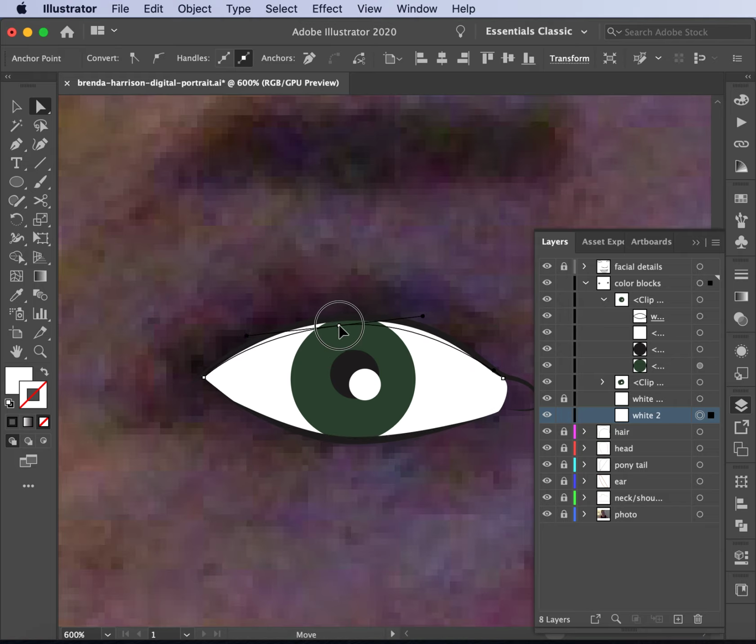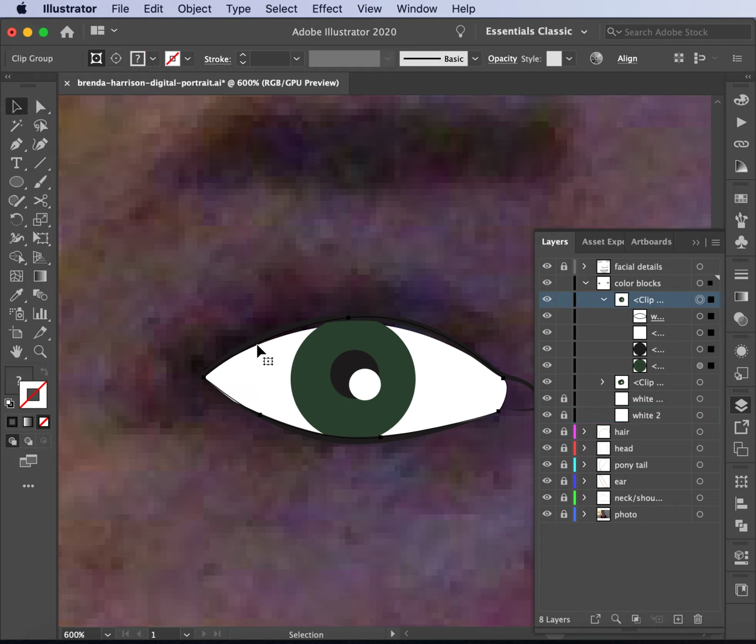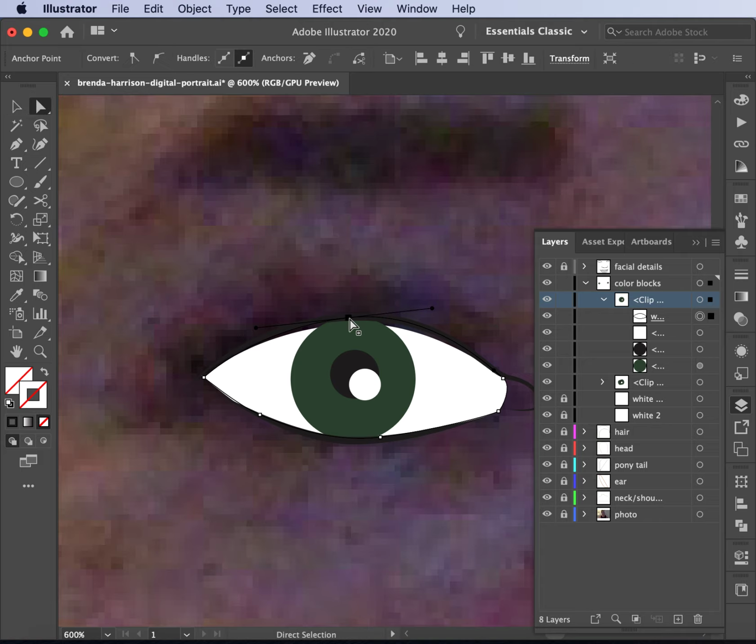I'm going to pull him down now, and then I'll fix everything else. Lock. I want this clipping mask. Oh, I need to get out of my direct select. There we go. Now I'm on my mask. Notice I don't have a stroke or fill. And that's what I'm going to make a little bit smaller